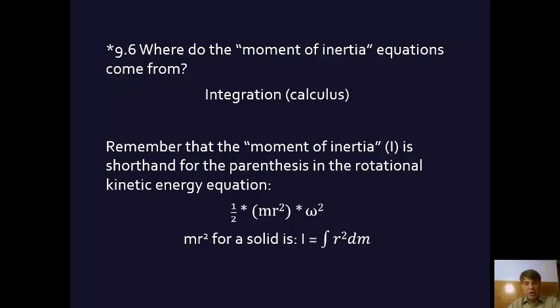Now what is mr squared? For a solid, it is the integral of r squared dm. Again, if you don't know calculus, let me just give you a taste of it here. dm has to do with an infinitesimal slice, as it were, of mass. Integral means you're going to add up all of those little infinitesimal slices of mass. You're going to do it for a particular radius, and then for another radius, and then for another radius, and so the integral adds up all those infinite little teeny radiuses times the little slice of masses,